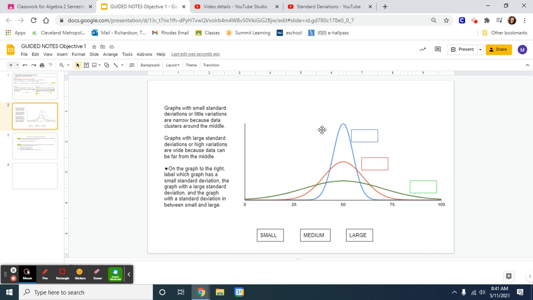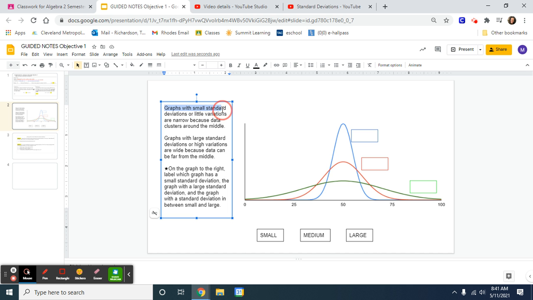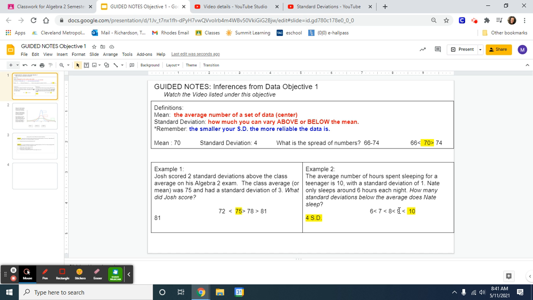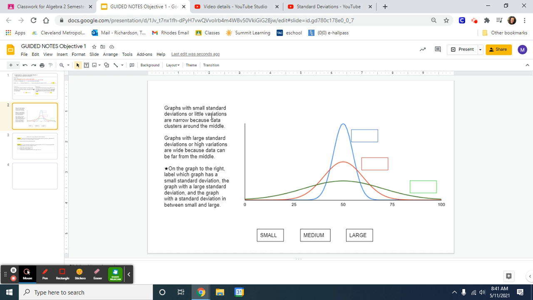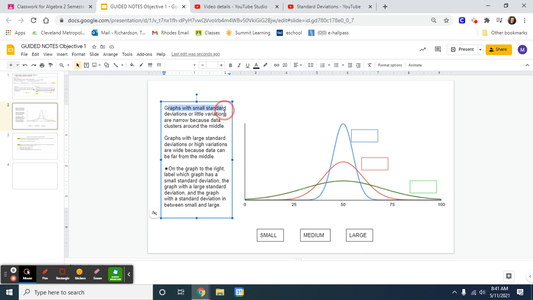We're still talking about standard deviations, but now we're going to look at graphs. So we're going to read this little paragraph and then we're going to label our graph. So let's see what it says. Graphs with small standard deviations vary very little. An example of that is like our last problem, a deviation of 1. So they're only deviating by 1. That's very little, okay? So graphs with a small standard deviation or little variations are narrow